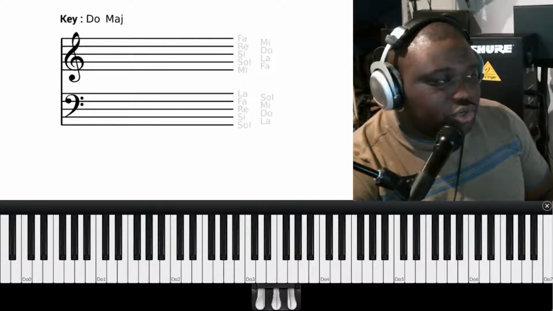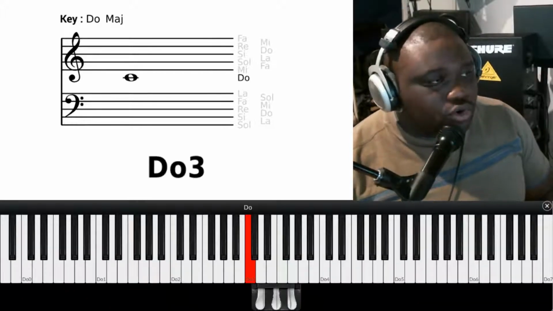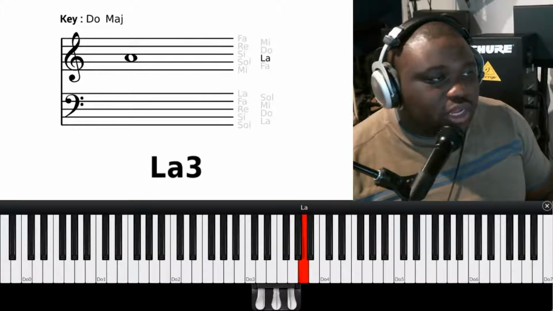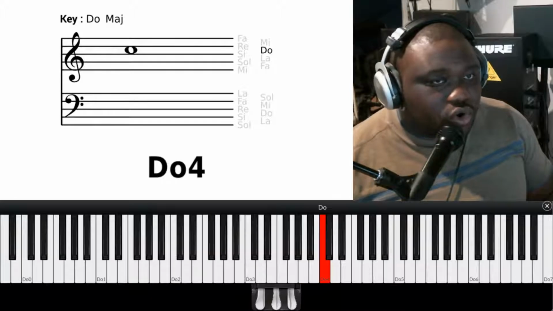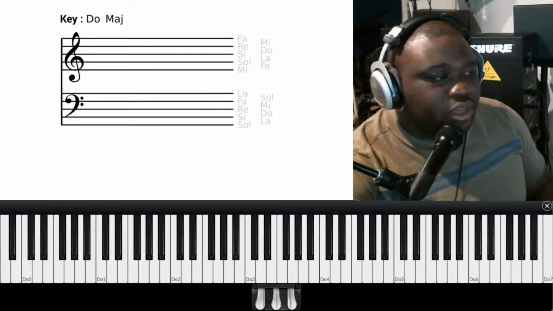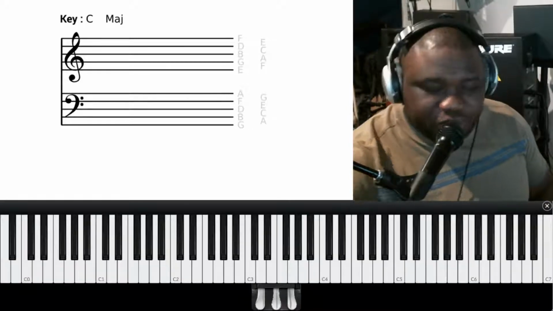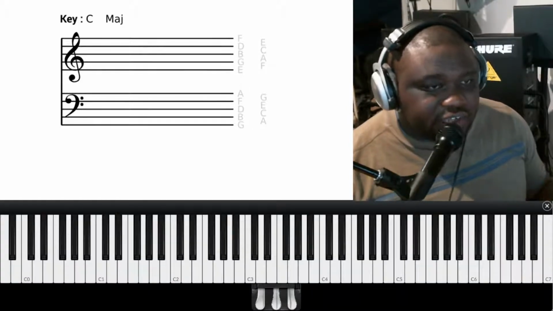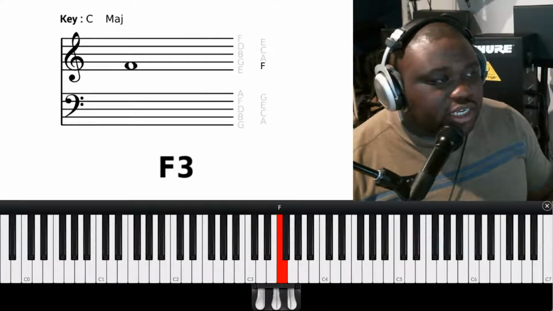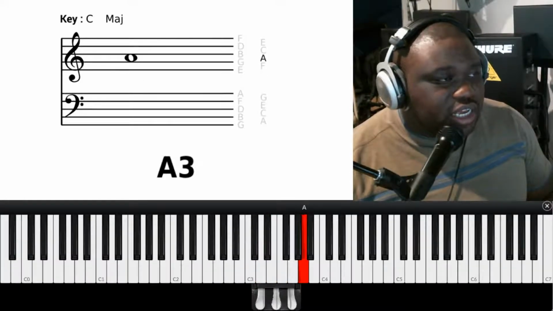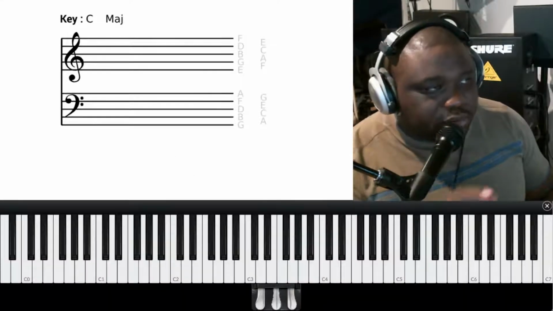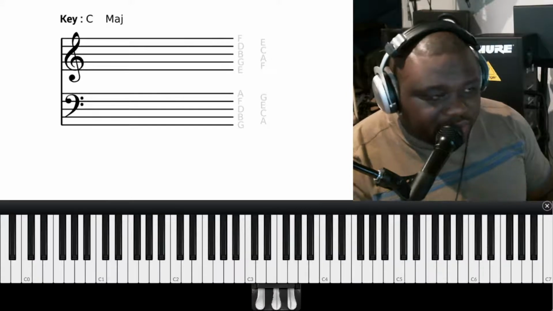And I can actually show it here. So here: do, re, mi, fa, sol, la, ti, do. Okay, we know we have that when we are speaking in solfege, right? And we know that when we are speaking in key, as an example C, we have C, D, E, F, G, A, B, C. And again, all those numbers that you are seeing next to the letter at this current moment